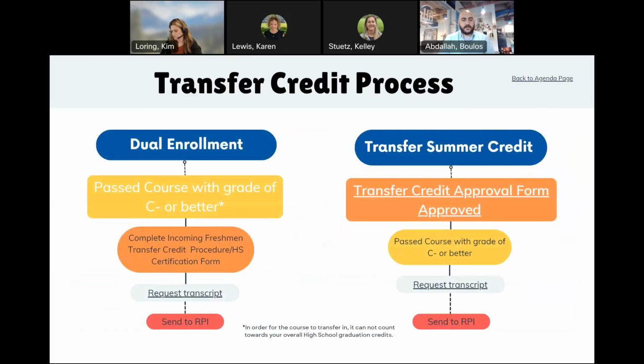So a couple of things to also note about your transfer credits. You can have dual enrollment credits transferred to RPI. Dual enrollment credits are any college level class you took while you were in high school. You can have those classes transferred here to RPI as long as you had a C minus or better. Keep in mind that these classes must not count towards your high school diploma. They have to be strictly separated, just for college level courses, in order to transfer to